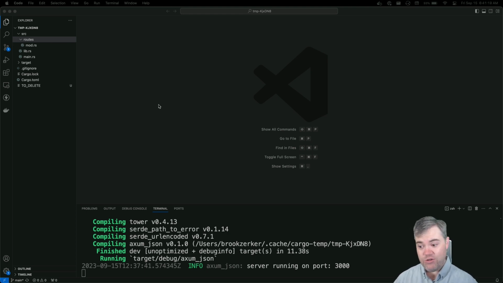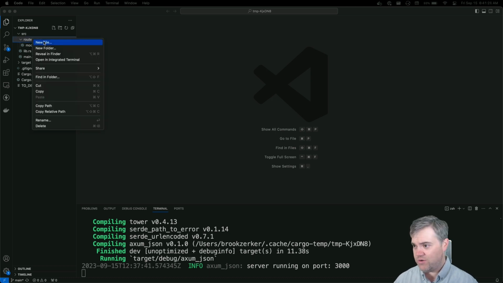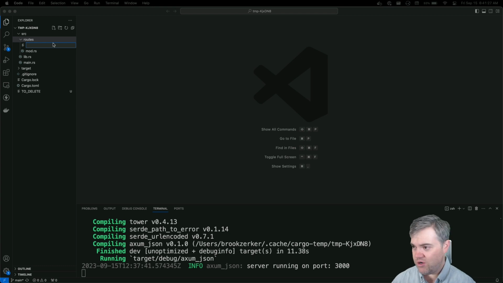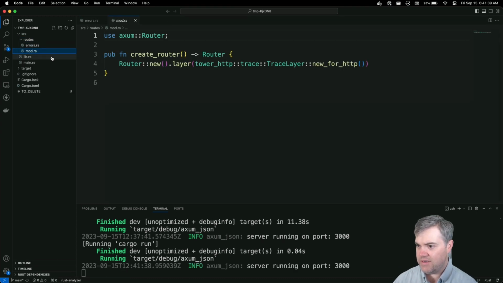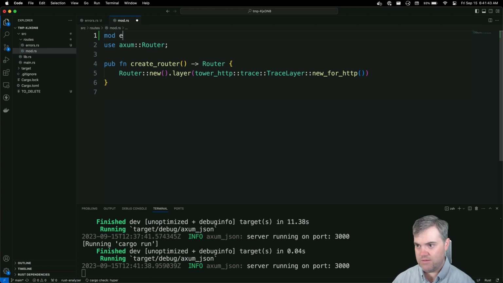So I have a brand new basic Axum application here. Let's go ahead and create a new route. I'm going to call this errors.rs, and in our mod, we're going to mod this in.